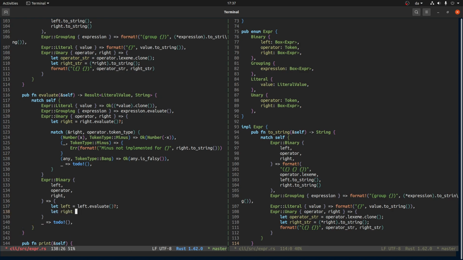We need the right value. We need to check on the operator. And actually, we need something else. We need also to check on left and right, I think,